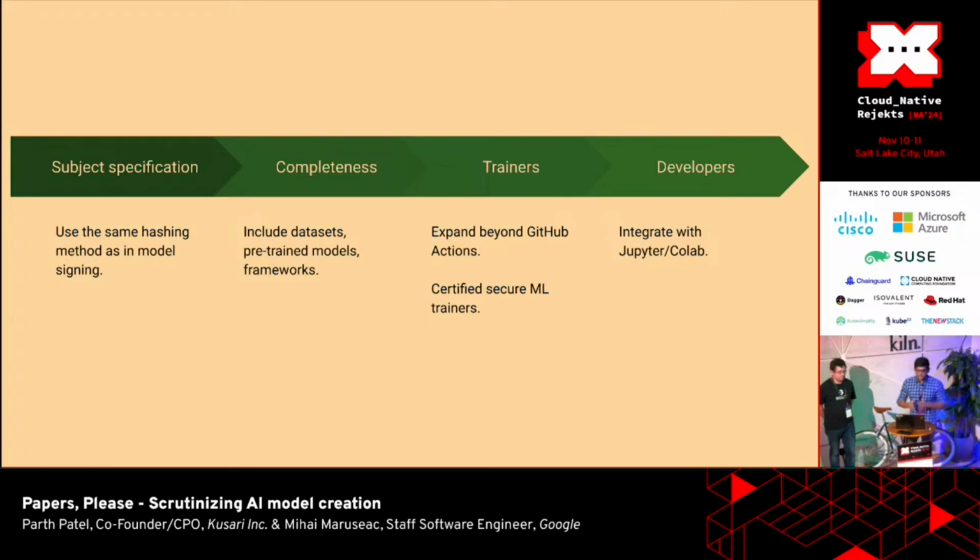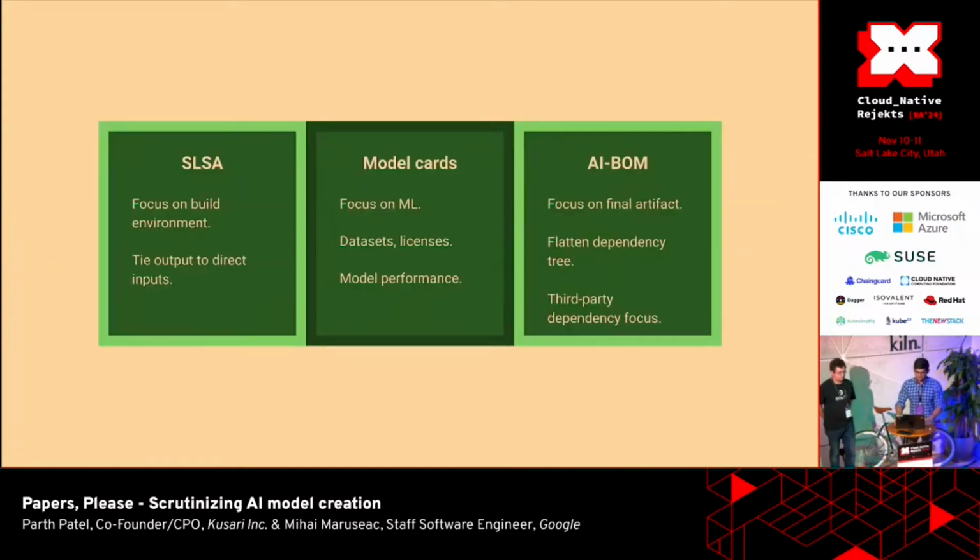Currently we're using GitHub Actions, but in the future we want to have this ability available for other ML trainers and so forth, as well as for the developer, right? So if they're working in Jupyter or Colab, we want this in the hands of developers so that they can easily create these SLSA attestations as they're actually working. And it's not something that they have to do extra, right? As they're working through their workflow, this information is getting collected and placed into an SLSA attestation so that it can be consumed.